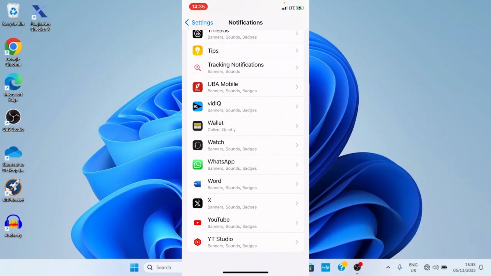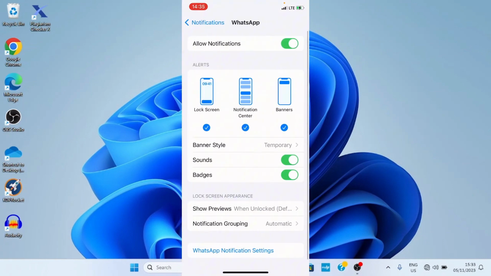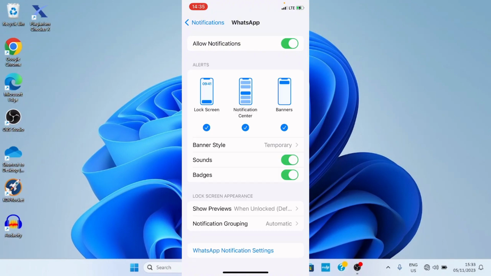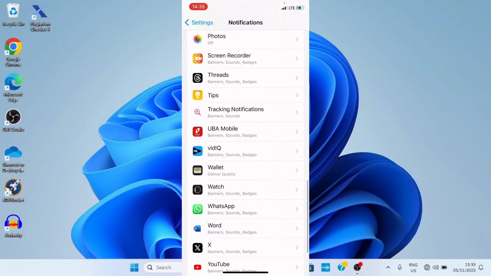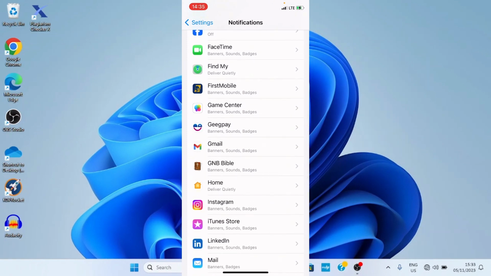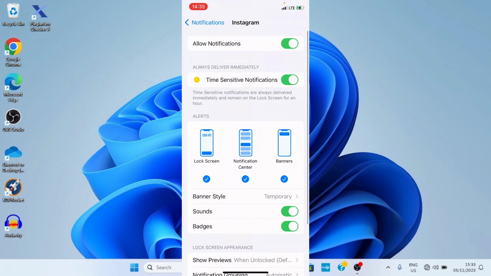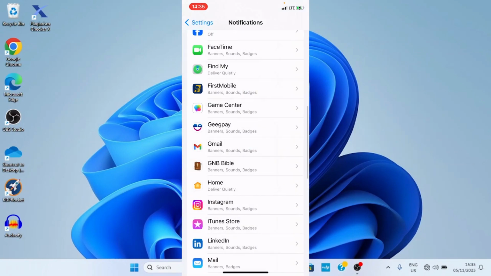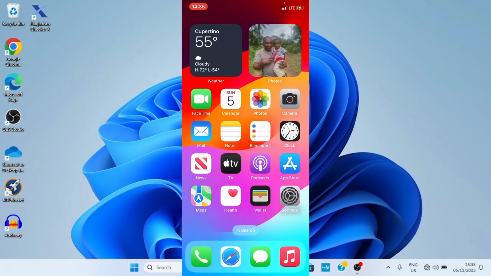Okay, if you only want to turn off notifications for WhatsApp, for example, tap on WhatsApp, and then under Allow Notifications, just turn that off, okay, and you stop getting notifications from WhatsApp. Okay, the same applies for other apps, for example Instagram. If you want to turn off notifications from Instagram, tap on it, and then under Allow Notifications, just turn it off and you're good. Okay, so these are just the steps you need to take to turn off notifications on